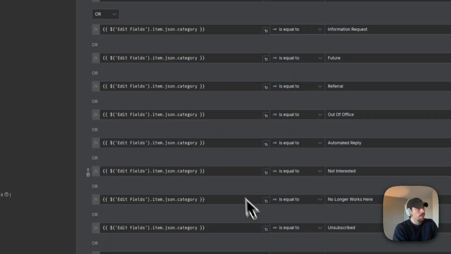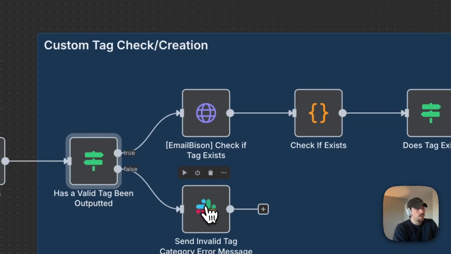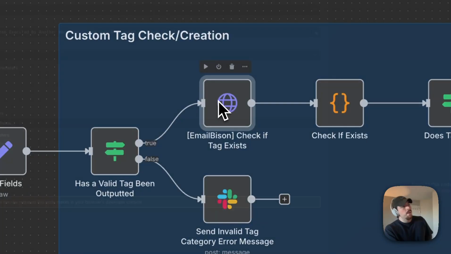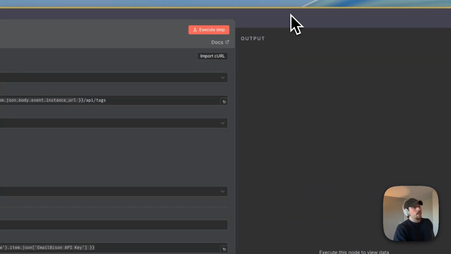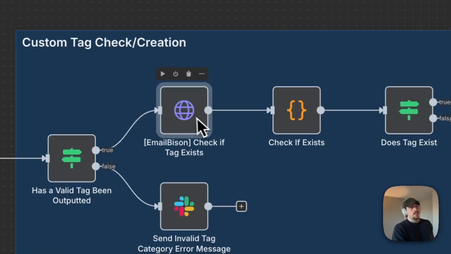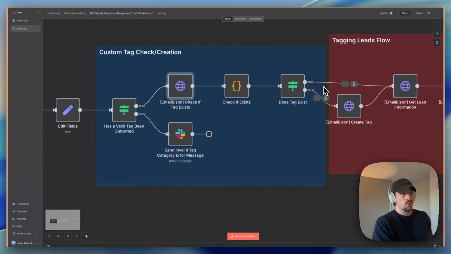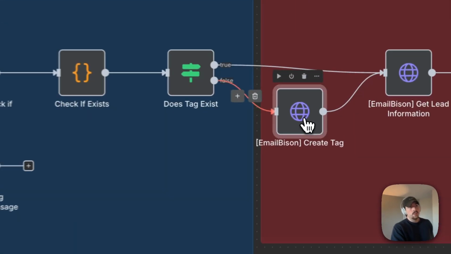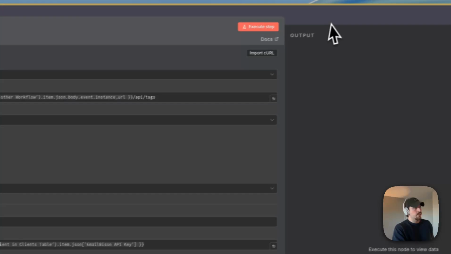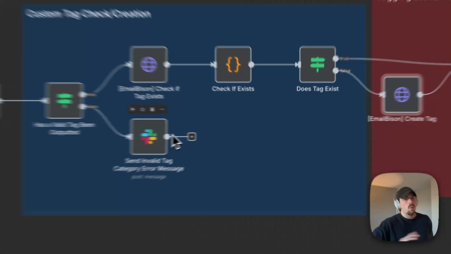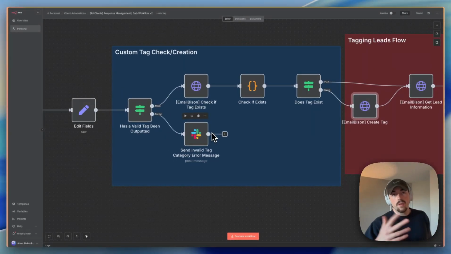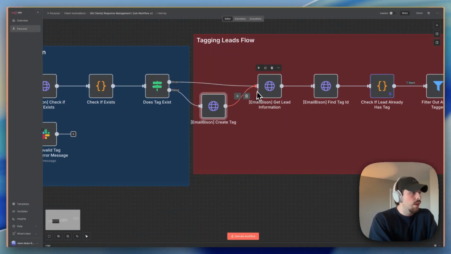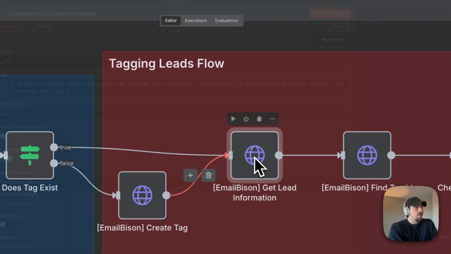First we check, is it valid? If it is, cool, continue. If it isn't, we'll get a notification saying, hey, check this out, something weird happened. First we go into Email Bison and check, does this already exist? If it does, cool, go ahead and get the lead's info so we can actually tag it. But if it doesn't, create it. That's the biggest plus of this entire workflow: it won't break because a tag doesn't exist. It'll create it, or if it's already created, it'll skip that step and move ahead into the tagging leads flow. So as I said, if we don't have it, we'll create the tag. If we do, we just get the lead data,